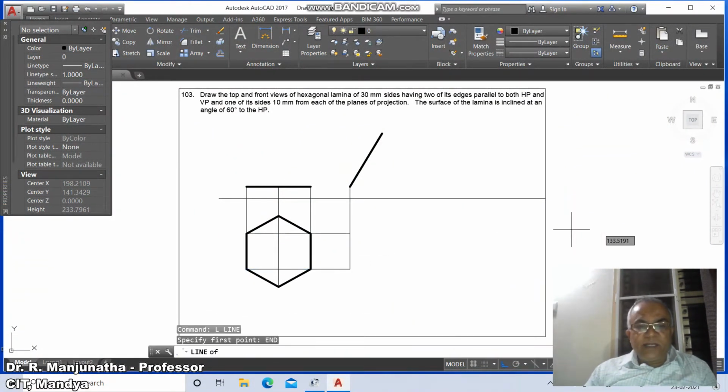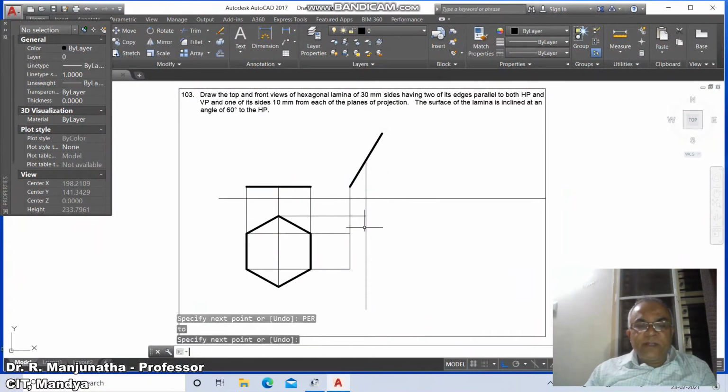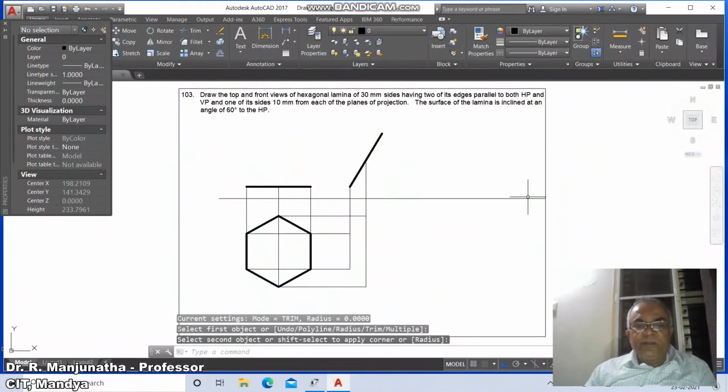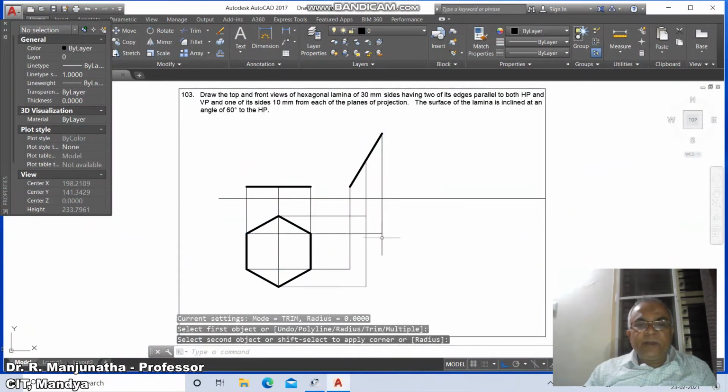Then go to line, take end point, move the cursor from here on the same line, you're going to get the end point of the other end line. So click on here, then go to line, take intersection point of this to perpendicular to this, and then go to intersection point of this to perpendicular to this. Then go to fillet between these two. Similarly, line, take end point of this and draw a vertical line, and then go to fillet between these two and also fillet between these two.